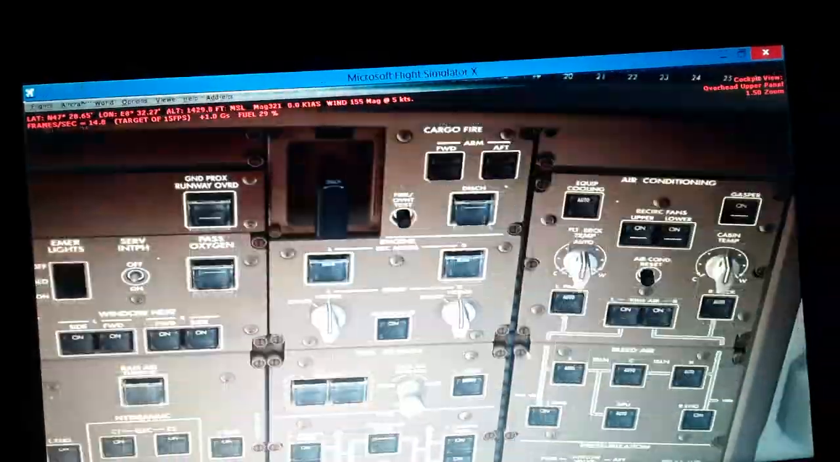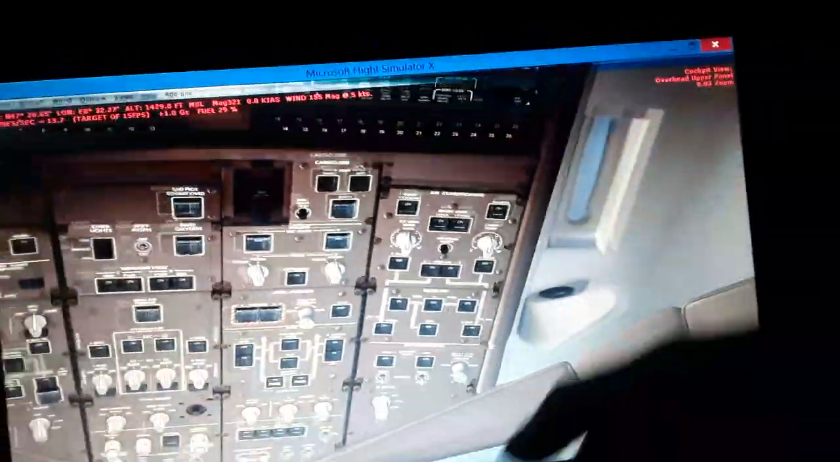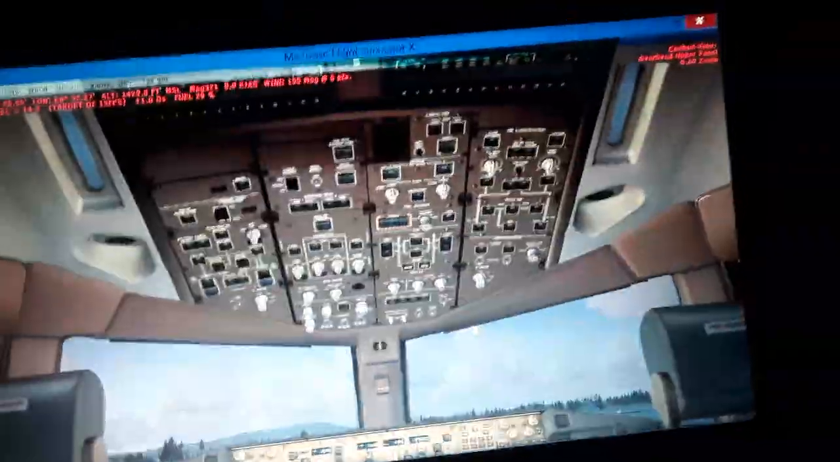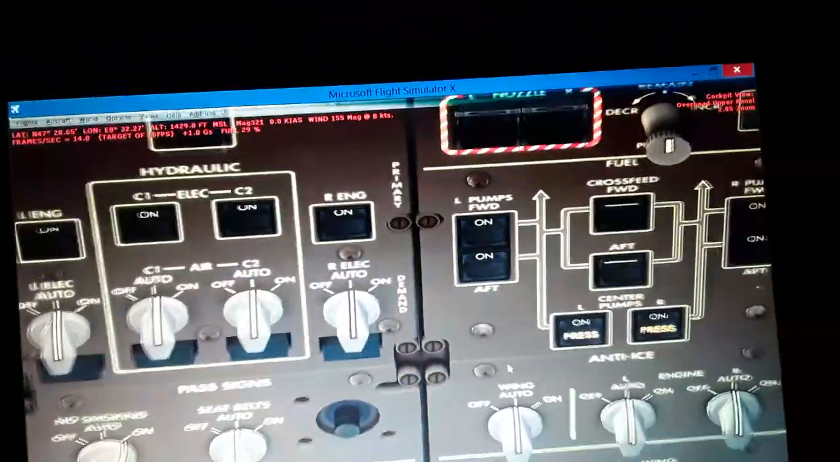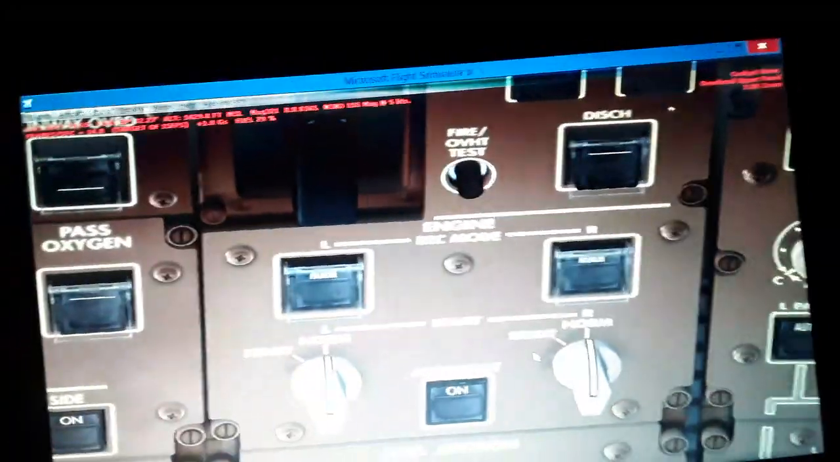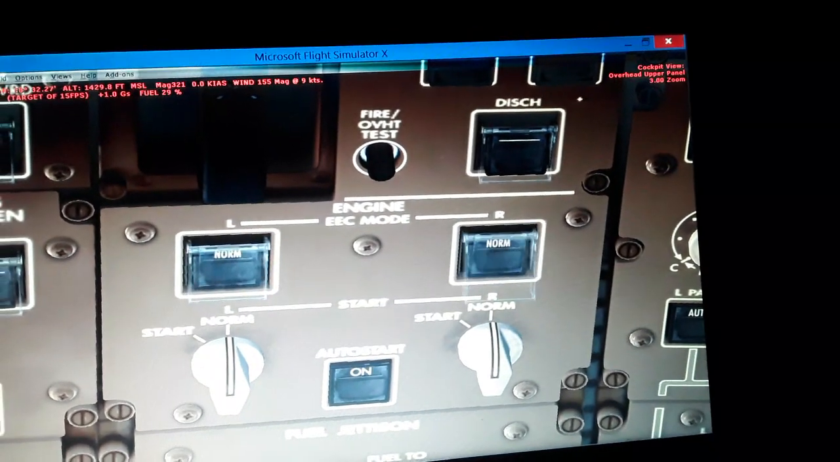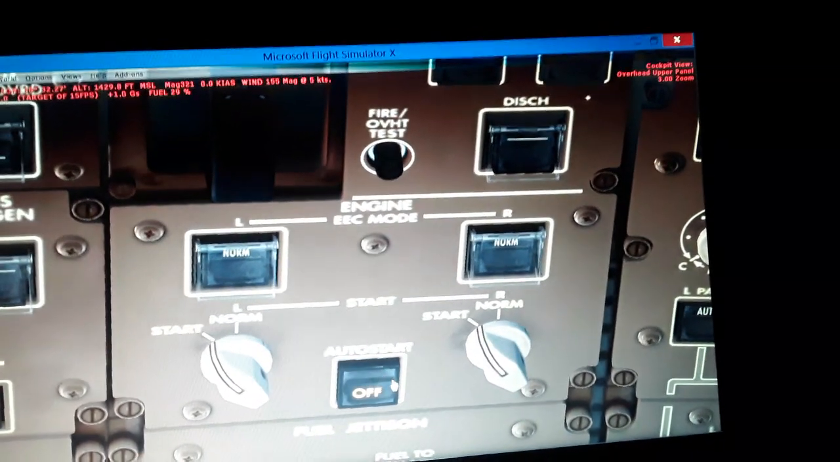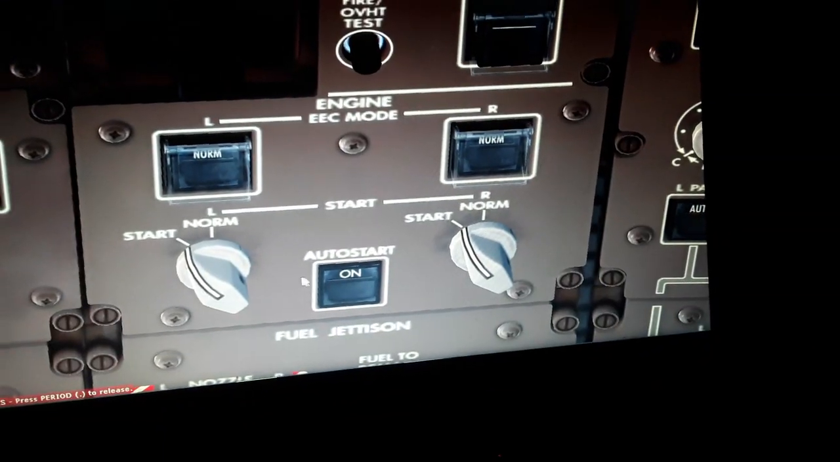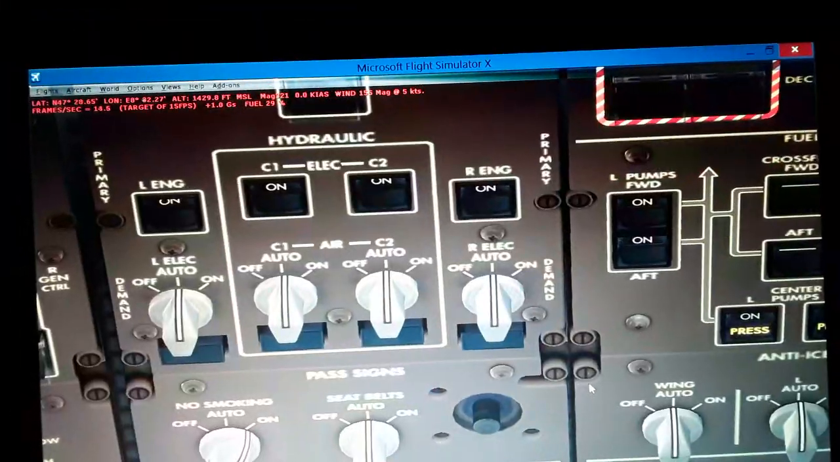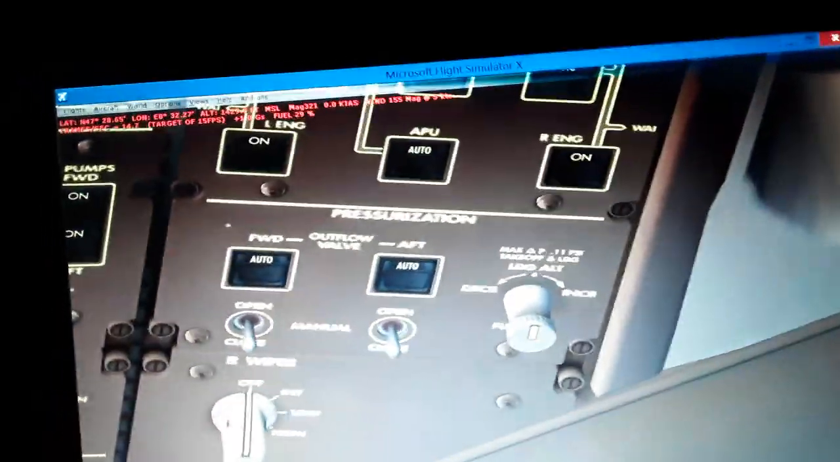This is circuit breakers. Some other systems here. So you can see the auto start engine, electronic engine control computers, auto start normal. You can start the engines like that. You need to turn this on. Back to the normal, the passenger oxygen with the heat, hydraulic pumps I told you, and this is the cabin